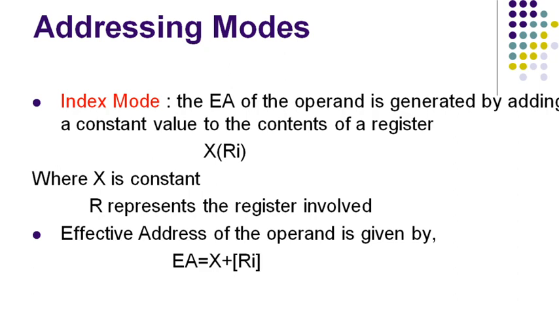When the instruction is translated into machine code, the constant X is given as part of an instruction and is usually represented with fewer bits compared to the length of the word in the computer. Since X is a signed integer, meaning it can be either positive or negative, it must be sign extended. What sign extension is, we will be studying in the later part. You can just remember it is a signed integer as of now.